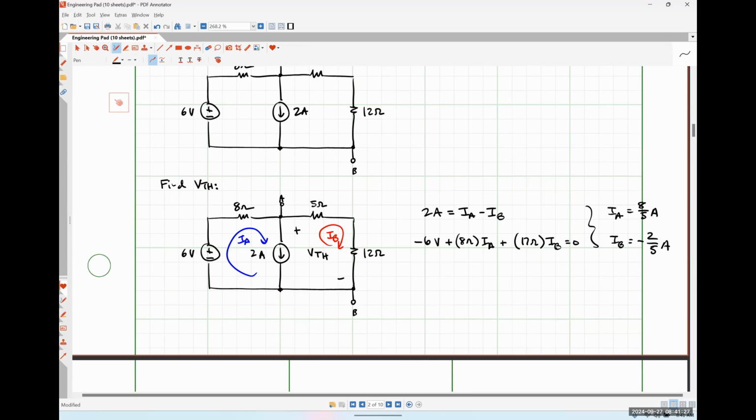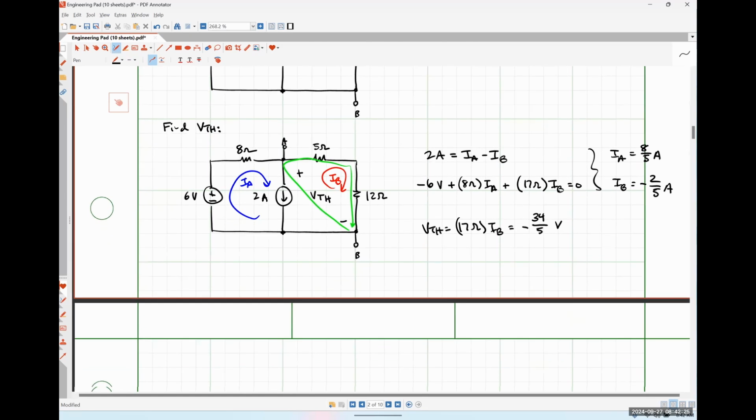So how would I find VTH now? So I think I could do KVL around this path, effectively telling me that VTH is just going to be 17 ohms times IB. So 17 times -2/5 would be -34/5, excuse me, volts. Any questions about any of our analysis there? Okay. So now I would need to find